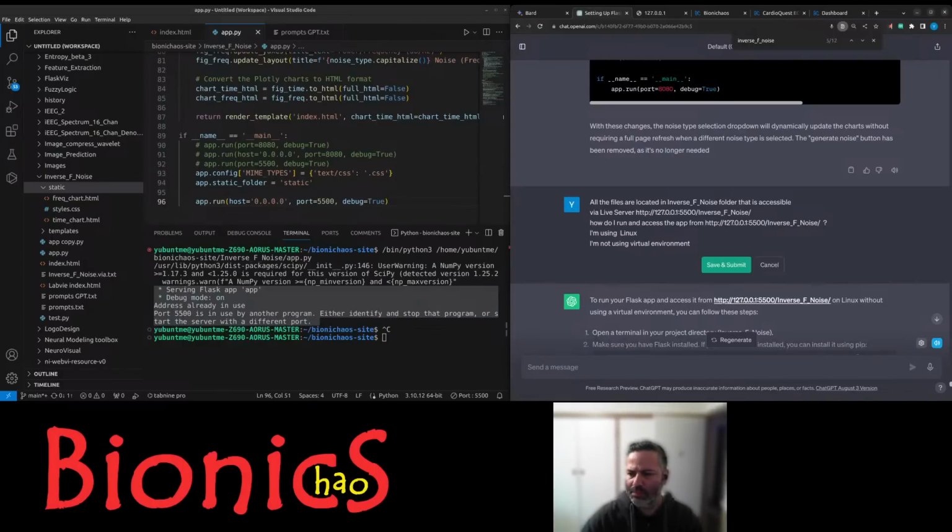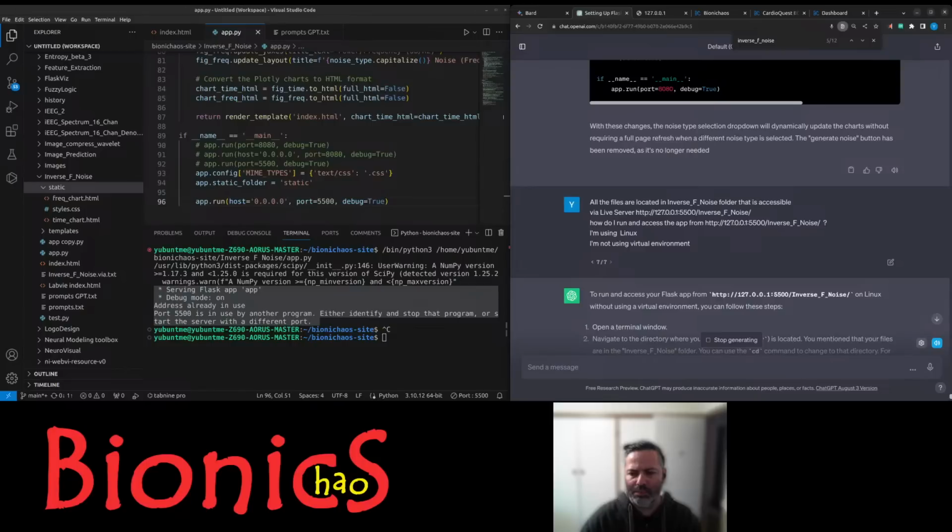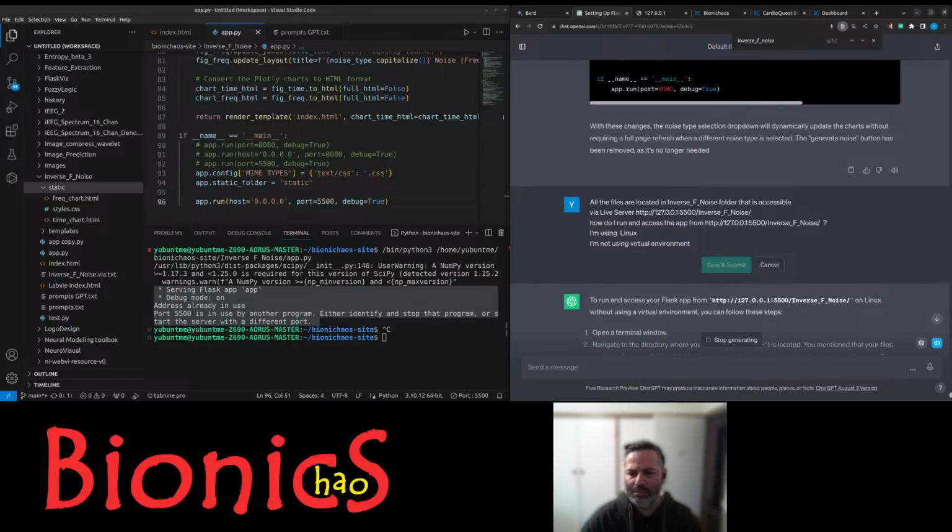Since port 5500 is already in use, you can configure your Flask app to run on a different port that is not in use. Update the app.run line in your Flask app to specify a different port, like 5000 or 8080. Python. Copy code. if __name__ equals __main__: app.run, host equals 0.0.0.0, port equals 5000, debug